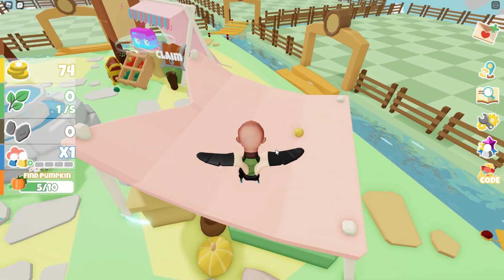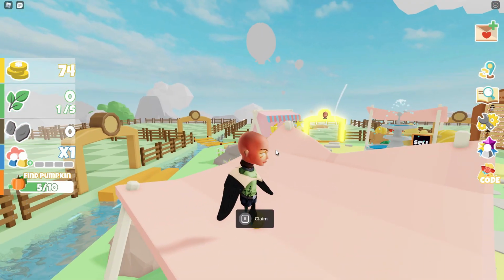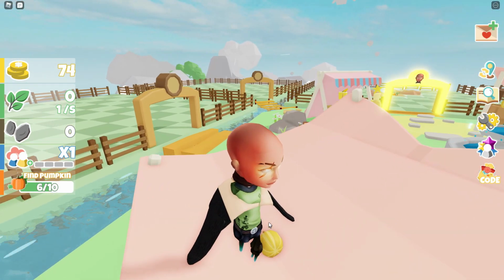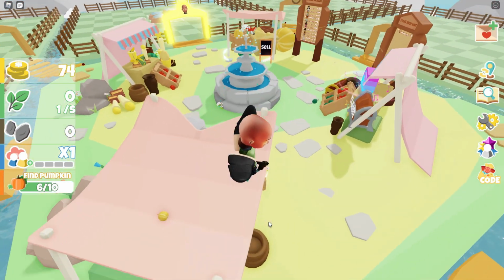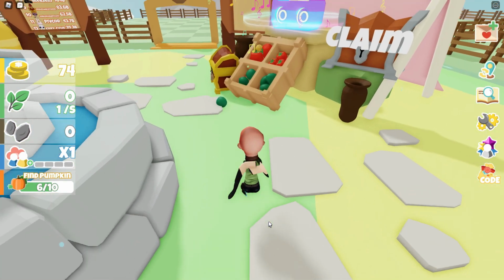So this other one that we couldn't get earlier because we were too tall, now we just go stand right over it, and then boom, we can actually claim it this time. So there's number 6 right there. There's another one here in this middle area. So there's 7 of them in the middle area, and then you're going to find 3 of them in the